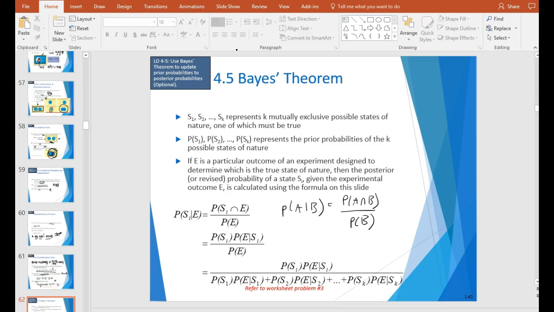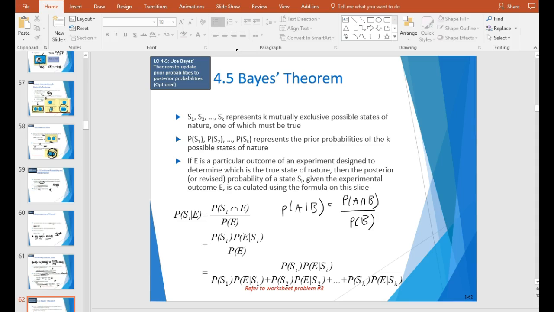So that's just that, and they are subbing in S sub I for A and E for B. So that's fair. That's something that we can work with. But then they get into